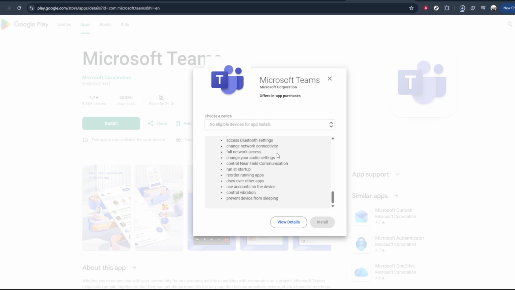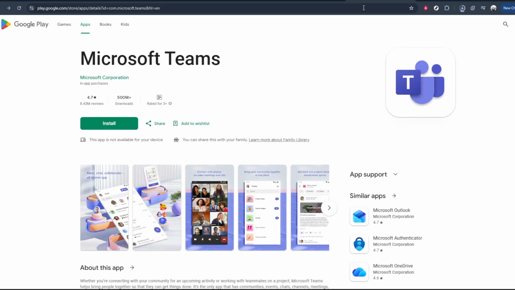These prompts guide you through permissions and confirmation steps, and they're usually very straightforward. Agree, continue, and wait until the installation is complete on the selected device. Throughout this process, be sure to read each